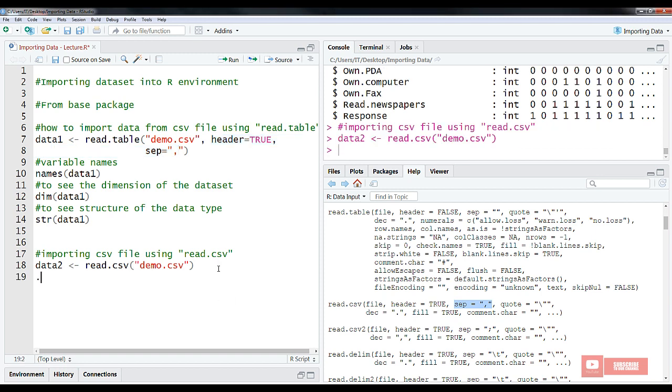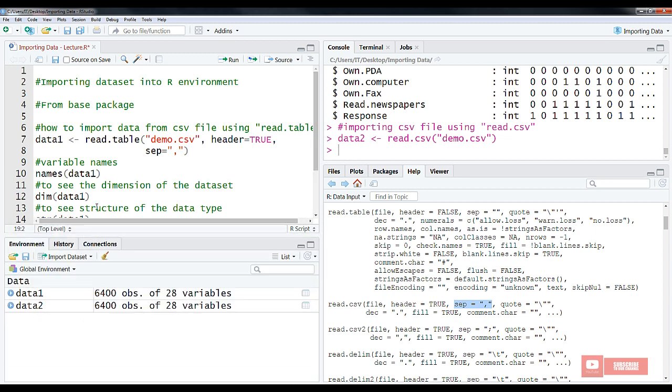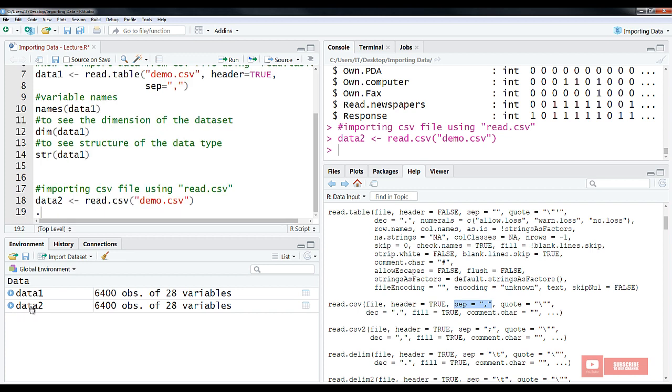So you hit enter, you can see R has already read the file into the R environment, and next we see the prompt, the greater-than sign, which means R is ready for the next analysis. If you look at the environment, you can see we already imported the data too, which is the same dataset. It consists of the same observations and